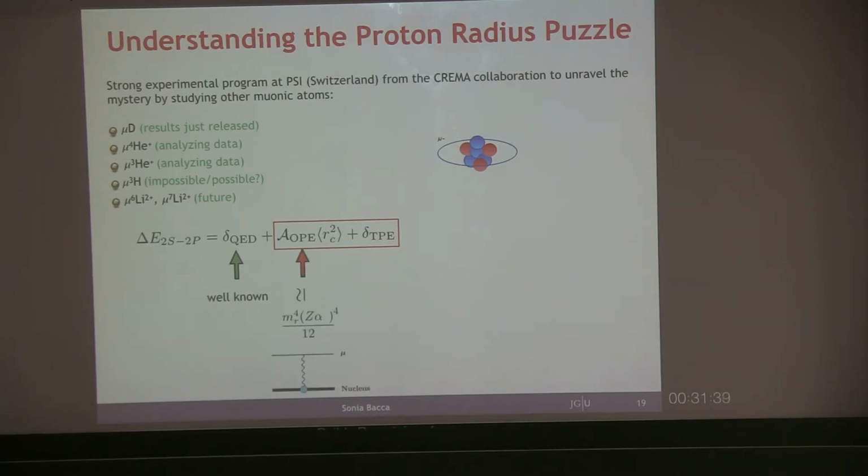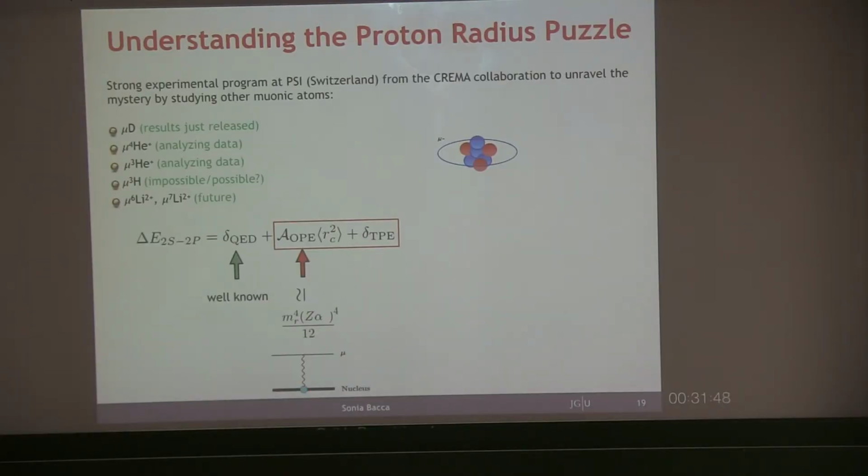The first term is a finite size effect, and it comes from first order perturbation theory from the Coulomb potential between the nucleus and the muon. We know that part very well. What we know much less well is this third piece, which is called